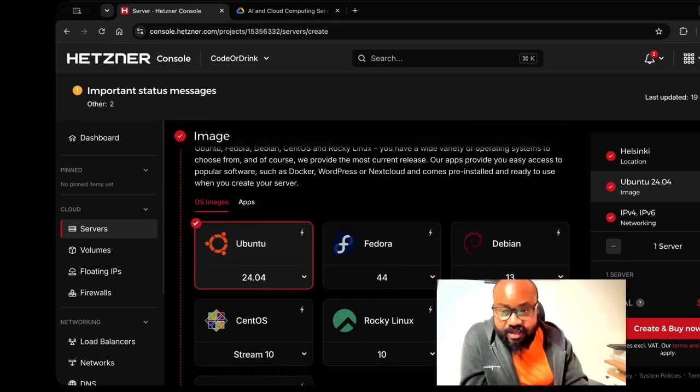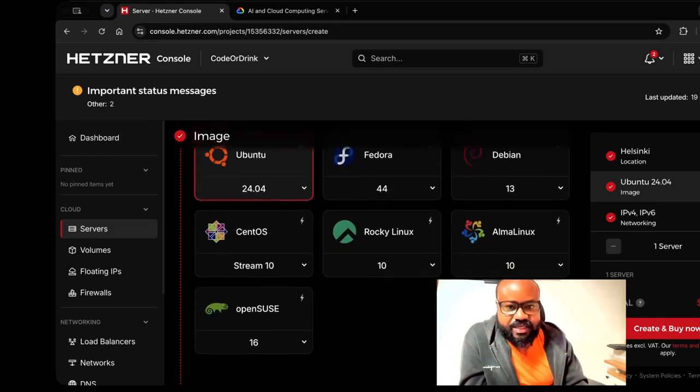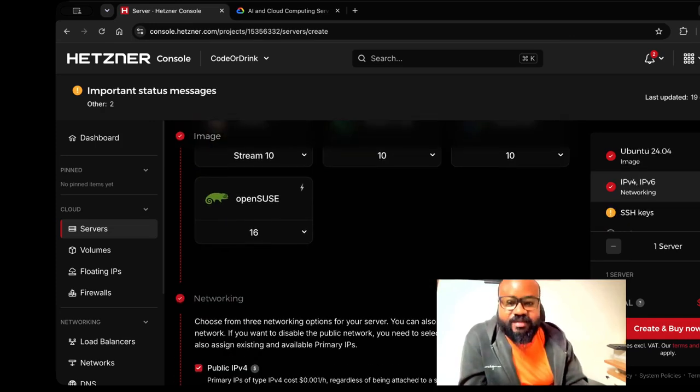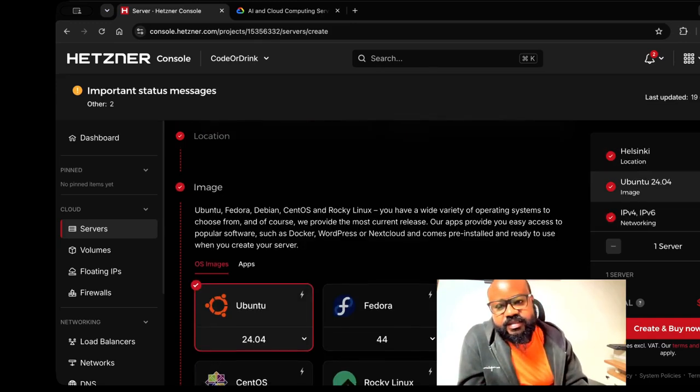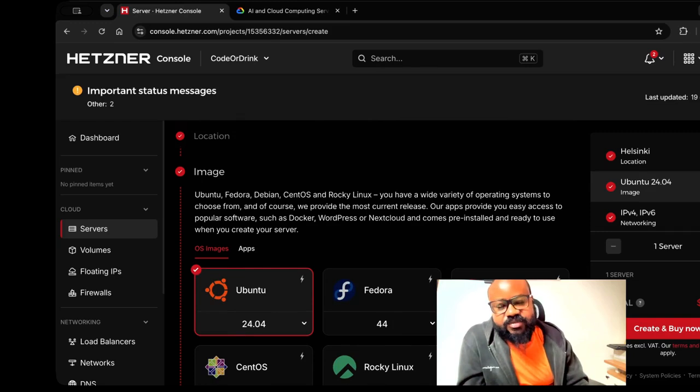I don't know. So here I have chosen Ubuntu 24. I could have chosen 26, but there's a reason why. This 24 has something called LTS. LTS is long term support. That 26 has come out in some of these companies, and not all of them come with long term support. So you need something that is going to be supported for as long